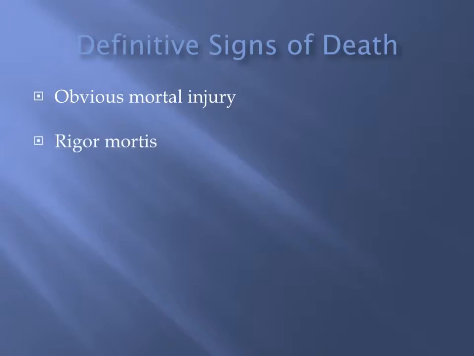The other thing that we talk about is rigor mortis. Rigor mortis is going to be the stiffening of your muscles and your bones, and typically you're going to find that in the jaw initially. And so if you were able to, on a person that was dead, go over and try to manipulate their jaw, very much like as if you were going to place an object in their mouth to assist in their ventilation, which we would talk about later, like an oral pharyngeal airway.